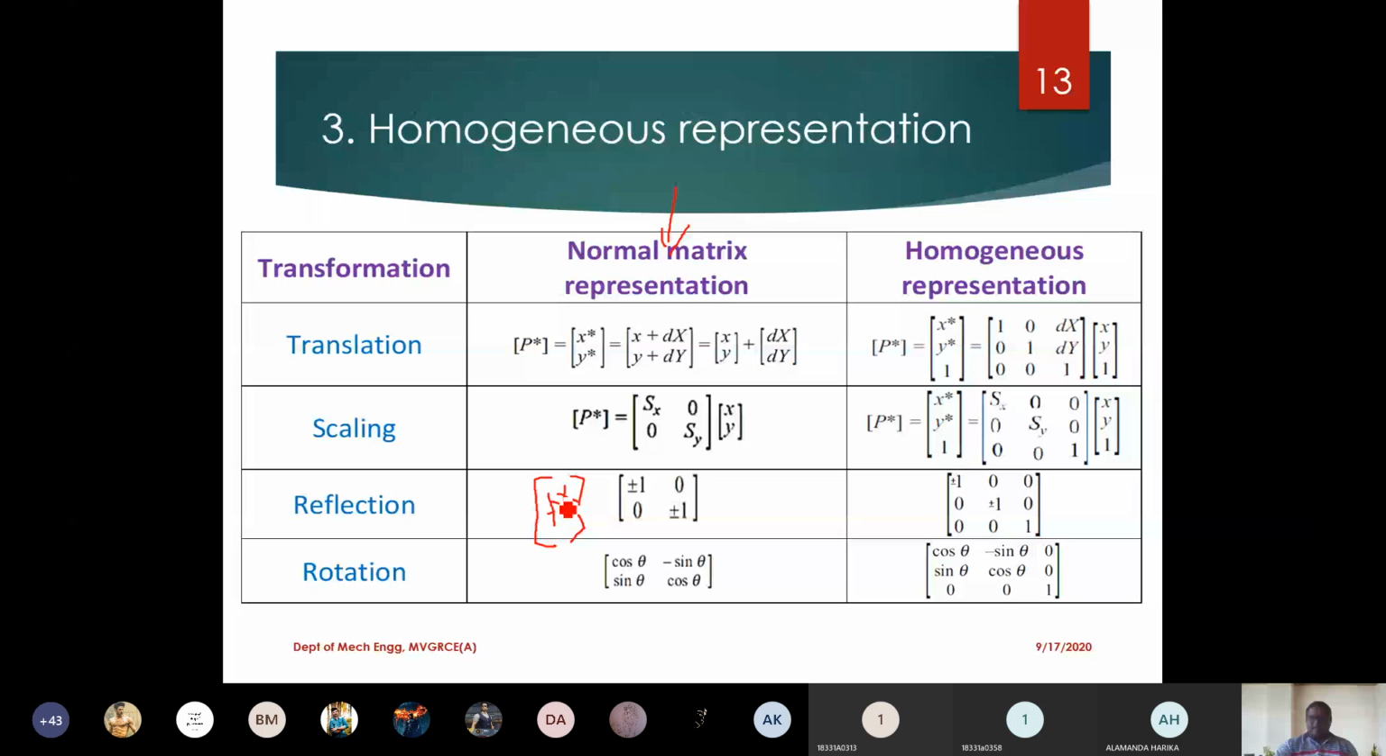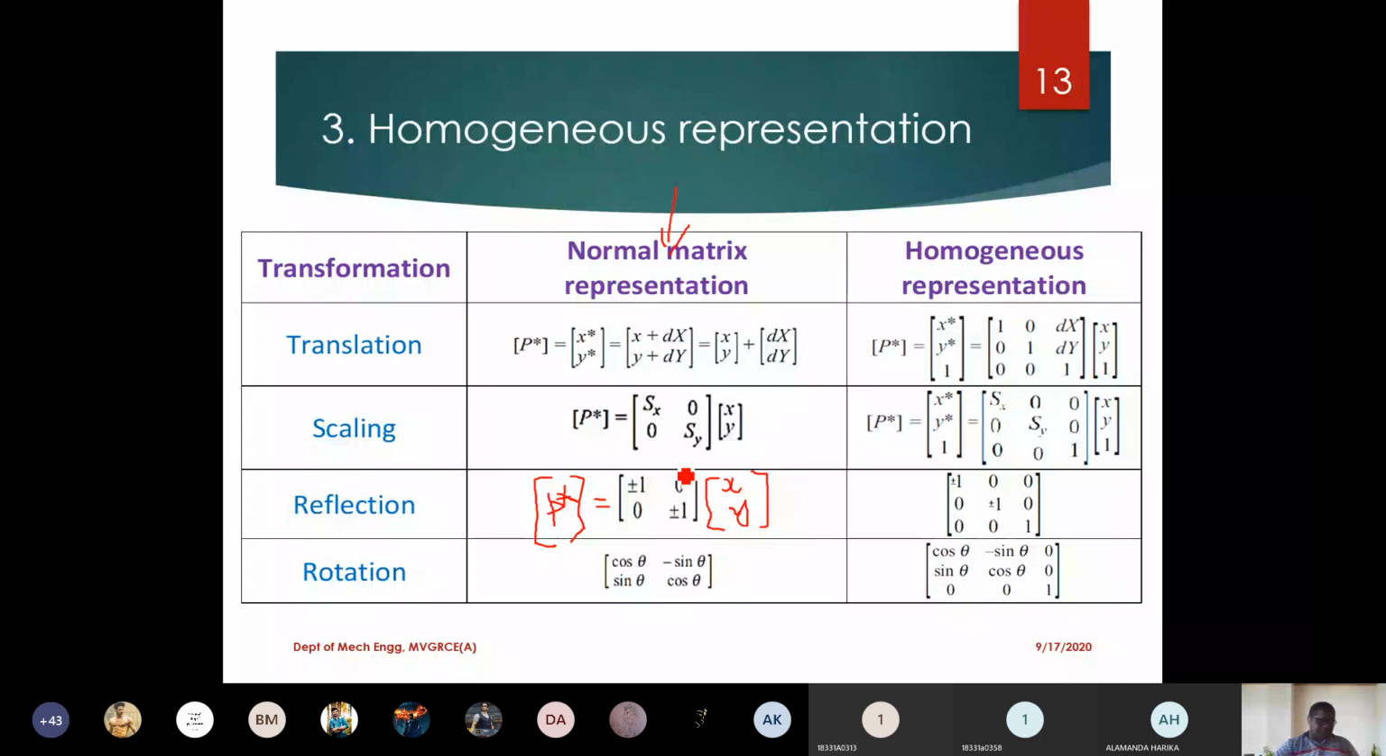Only this is the transformation matrix, cos theta. But the calculation is of the same kind, which means p star is equal to this matrix multiplied by xy. So I hope you can understand that all the transformation matrices are in a single column, whatever we discussed so far. But here I want you to observe one more thing, that